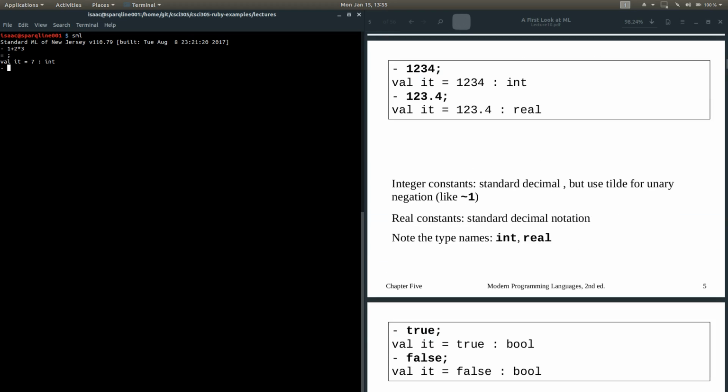Starting off, let's just look at a constant. So 1, 2, 3, 4, semicolon, don't forget that. That's obviously an integer constant, right? If we were to add a decimal point, 123.4, that gives us a real. We can also negate a number with the tilde. Sorry, wait, let's use 2. It gives us ~2. So these are the basic two type names: int and real. Where we normally think they would be int and float or int and double,